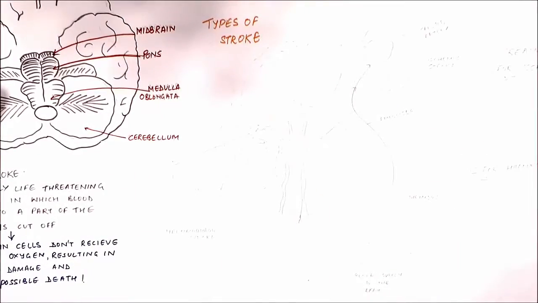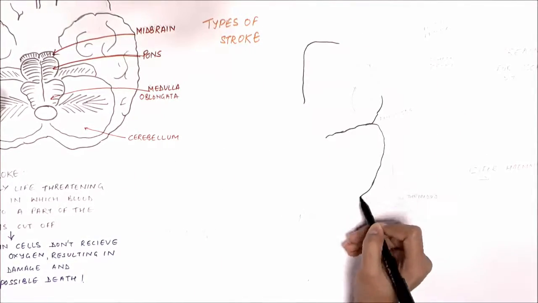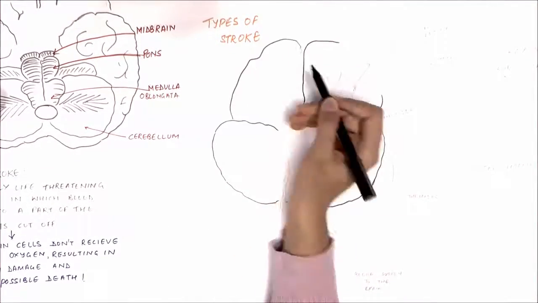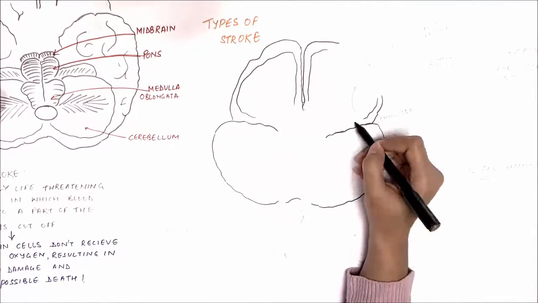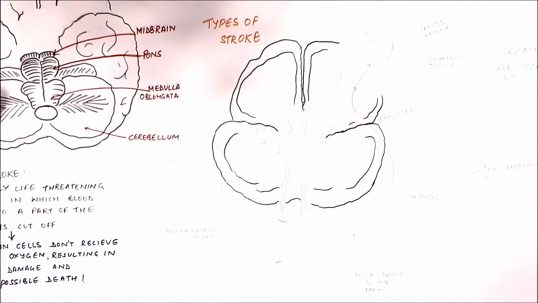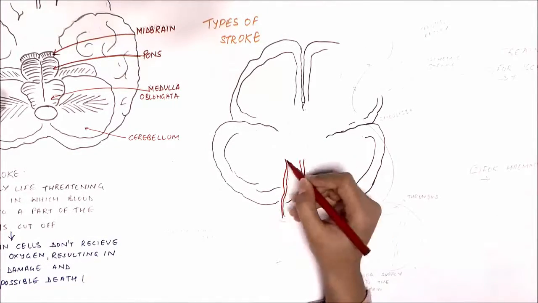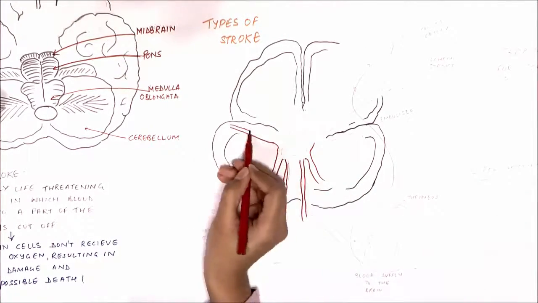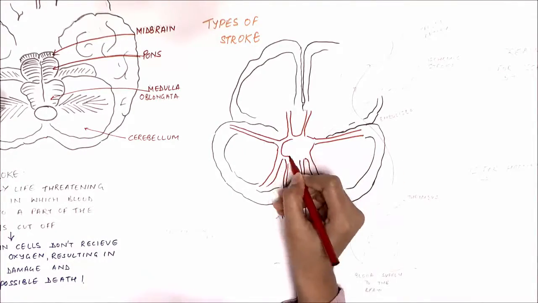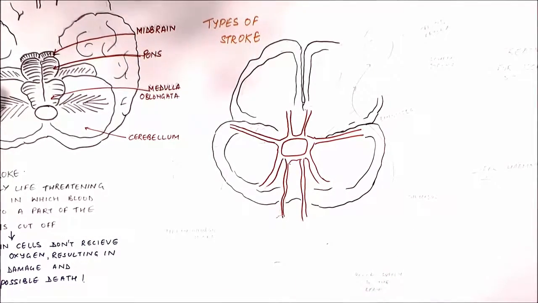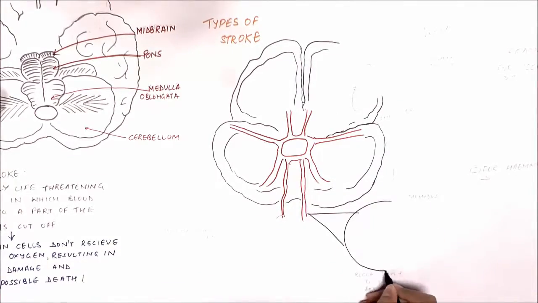Here we will talk about the types of strokes. There are two main types of strokes, ischemic and hemorrhagic. Ischemic strokes are the most common type, affecting approximately 85% of patients. It's caused by blood clots, also known as thrombus, or by fatty material, atheroma, blocking an artery, restricting the blood